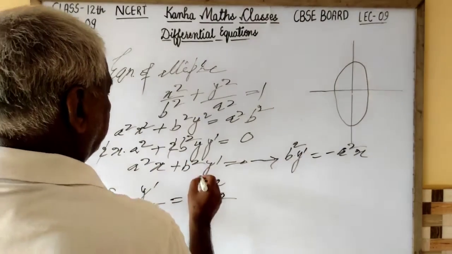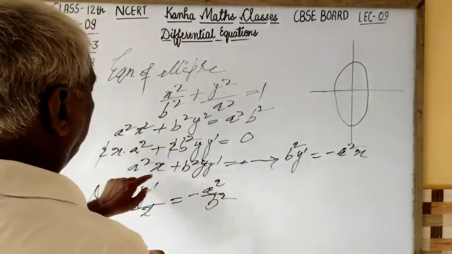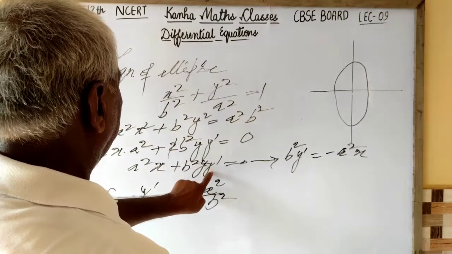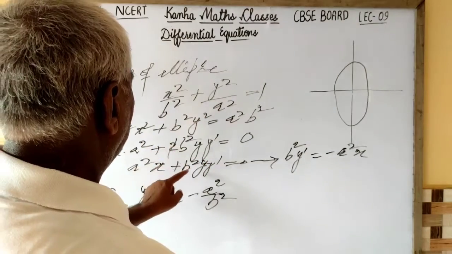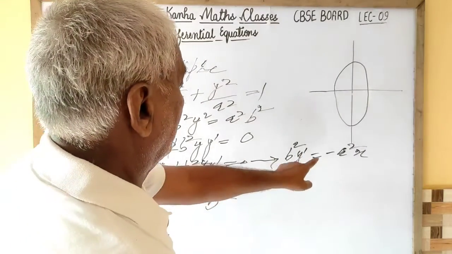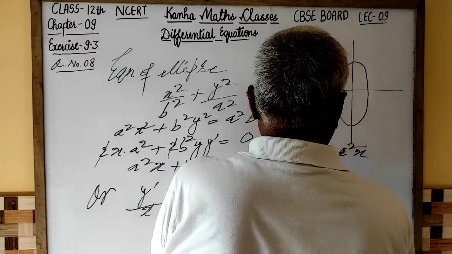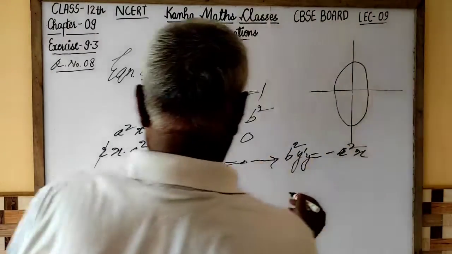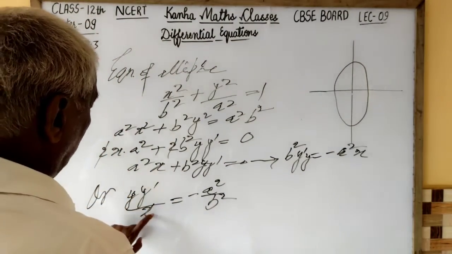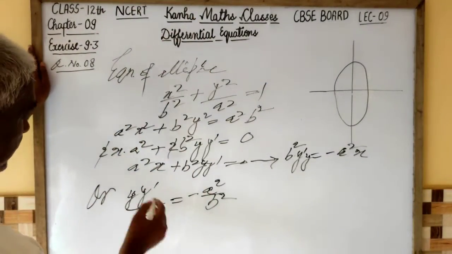a mistake has been committed here. We have left out y here: a square x plus b square y dash. b square y dash is equal to minus a square x. Now y dash upon x is equal to minus a square upon b square. Now finding the second derivative of